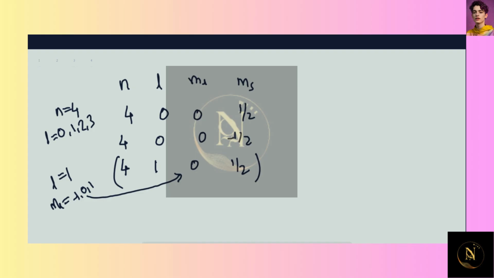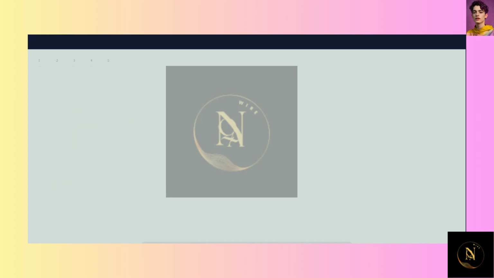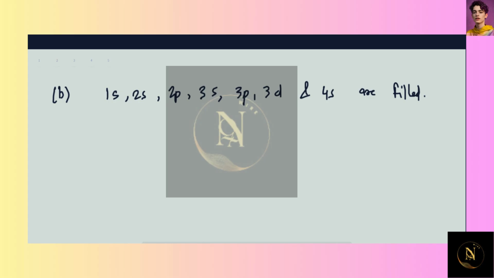Now then we move on to the next part, in which we have been asked which subshells are filled. So as we see, all of the subshells, 1s, 2s, 2p, 3s, 3p, 3d, and 4s are filled from part A. And the last electron, which is in 4p state, what are the possible values of total angular